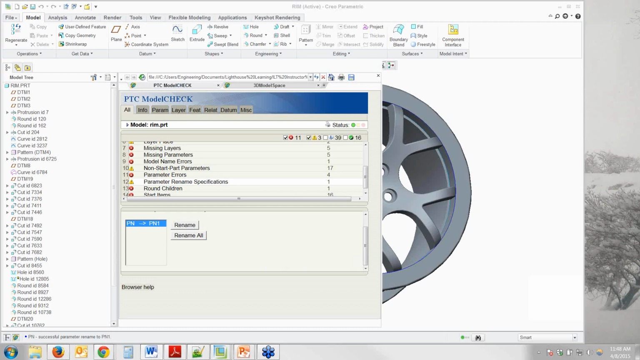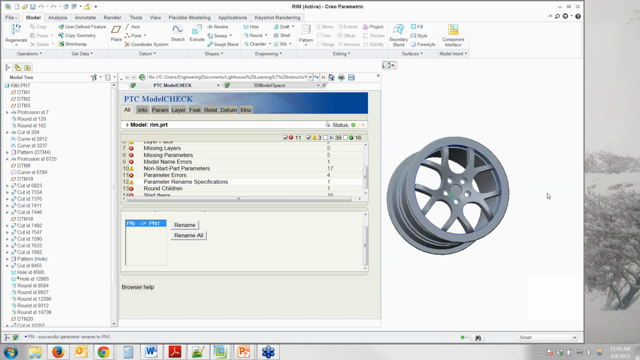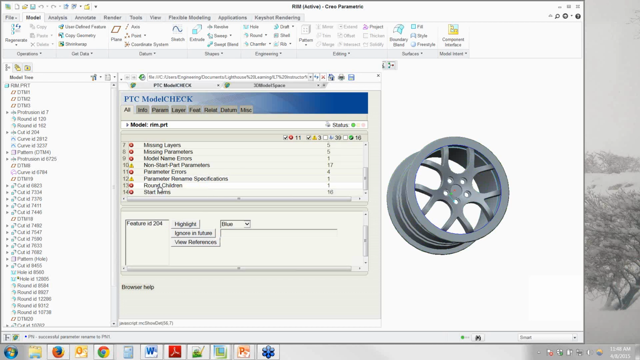Okay. Other kinds of things that you can do with Modelcheck would be, for example, if I take a look at some of the user, I guess you could say, I don't want to say user errors, but some of the things that the user could improve on. You could, for example, pick over here to see, okay, what are round children, and you'll notice if I pick a highlight color that pops out,